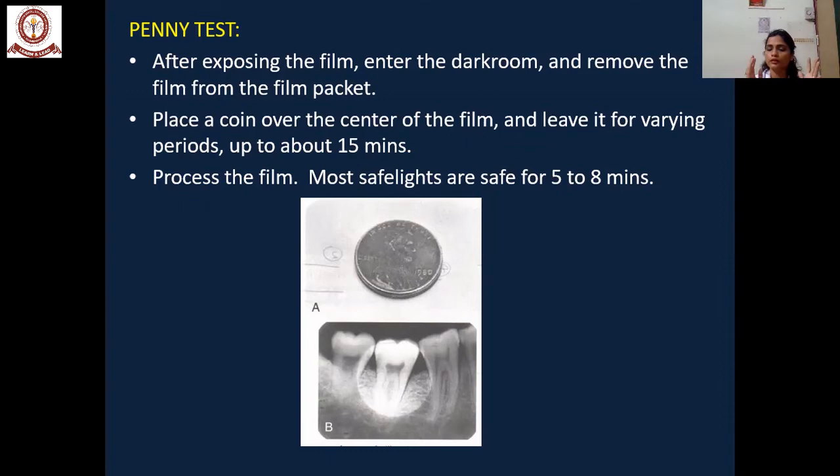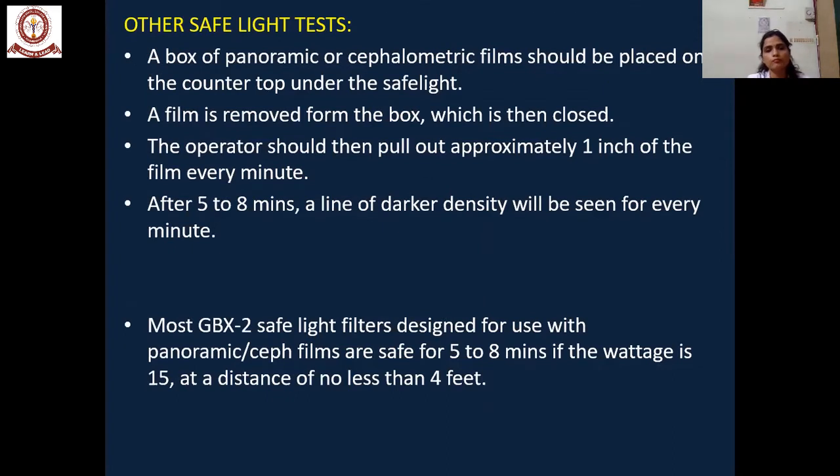That means the safe lights are exposing the film to regular white light so that you get the margins of the coin. So the penny test definitely helps you identify the safety of the safe light filters.